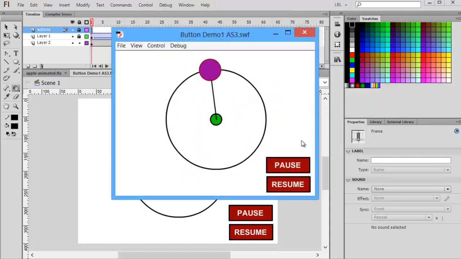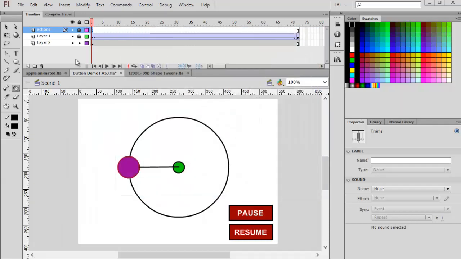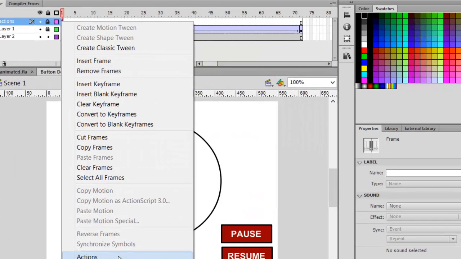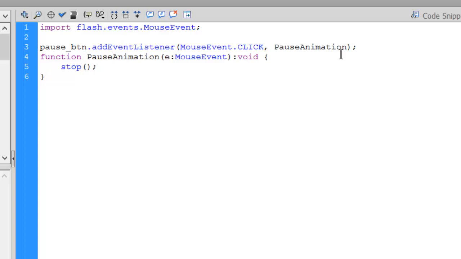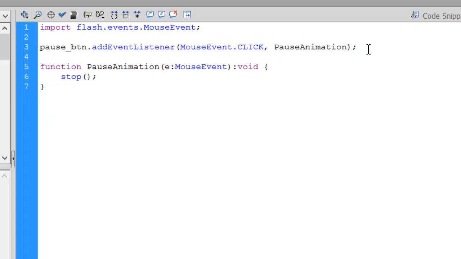So there's my animation going around. I come over and click the pause button, and the animation stops. Now we haven't programmed our resume button yet, so that's the next step. So let's go back into our actions, and we had our button resume_btn. Now I can type that after all this, or I can put it up here. I like to put all of my event listeners together, so I'm going to add it up here underneath pause_btn. We'll do resume_btn.addEventListener,